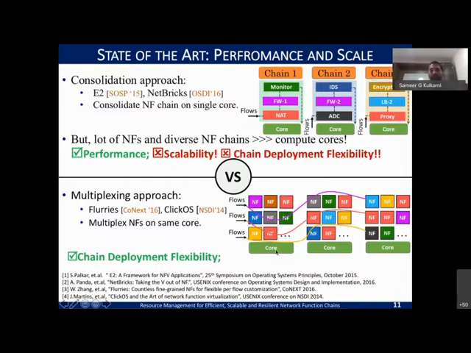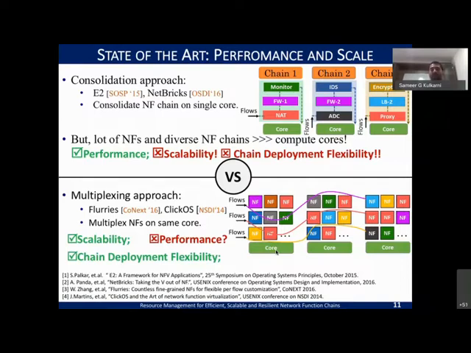So that way you get the benefit of scaling and having the chain-wide deployment as and how you need it. Even the scalability is more precise, the control and scalability are good, but the question comes in terms of the performance that we want to achieve, right?